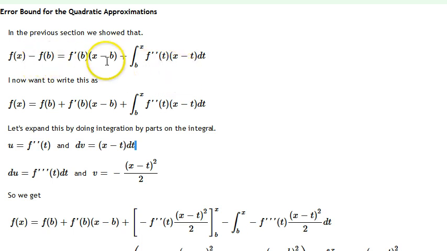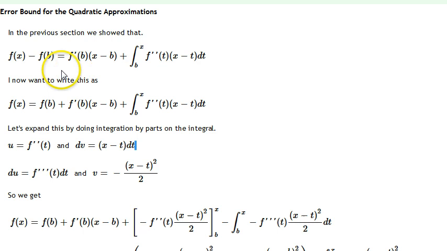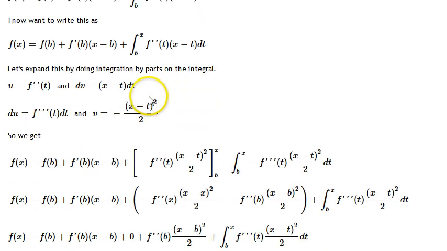This is the equation we got in calculating the error bound for the linear approximation, right? We did an integral two different ways, and we had these two equations that equal each other. Now I'm going to go through these calculations pretty quickly because they're exactly the same as the last video, right? We write it like this. We integrate by parts here,